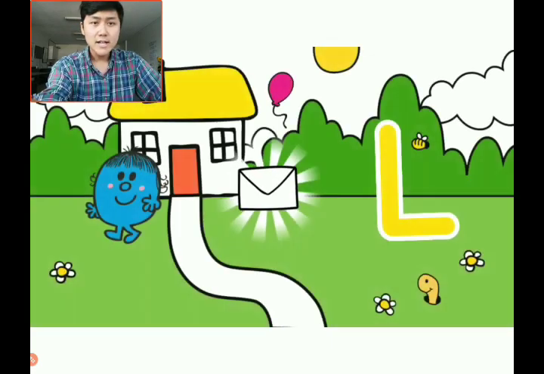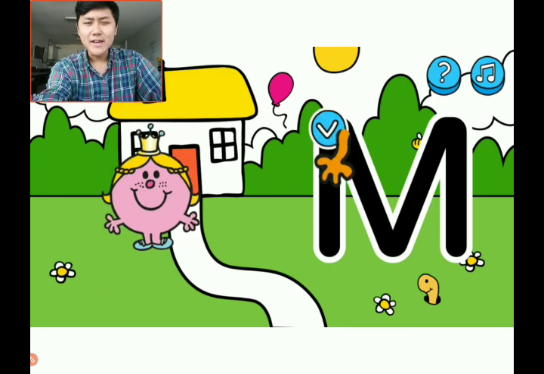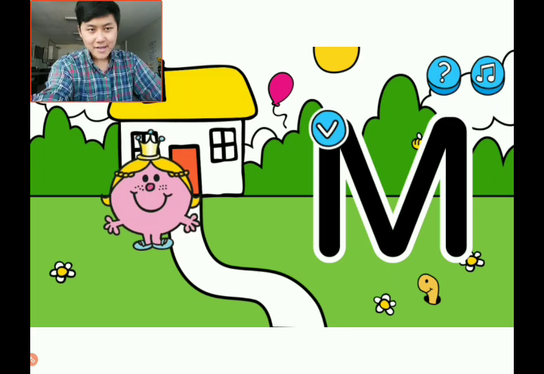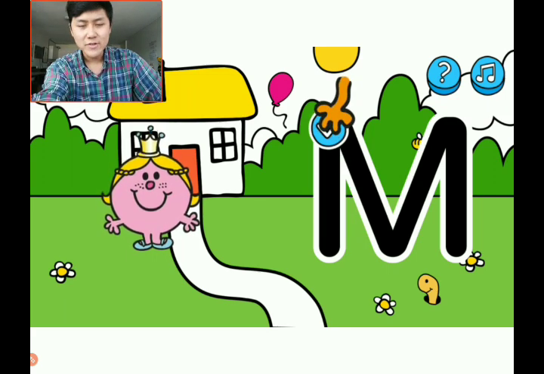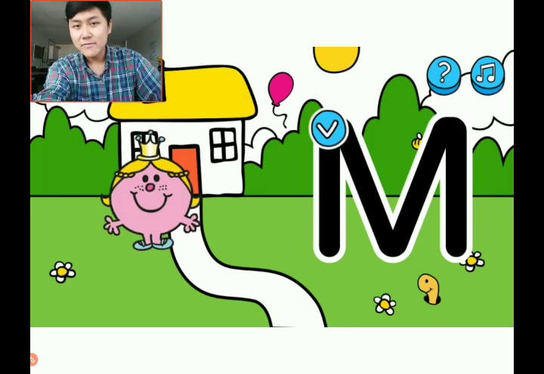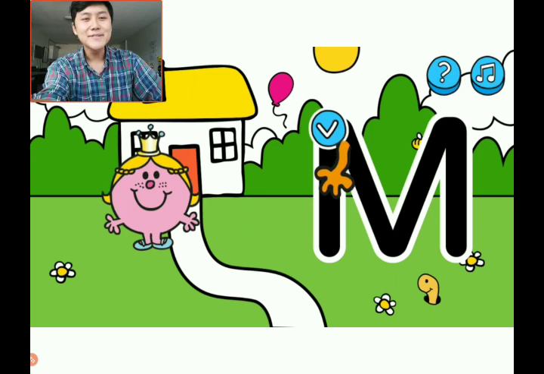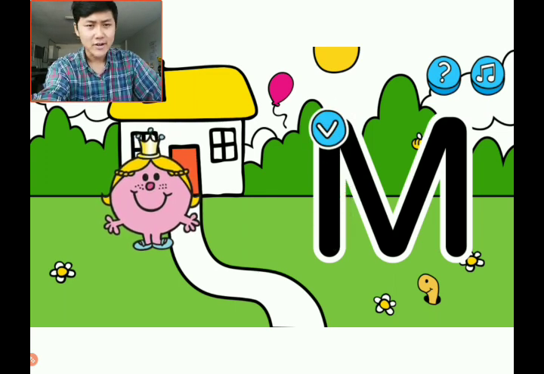And L stands for letter, which isn't that common nowadays, now that I think about it, just because we have lots of digital emails. But back in the day, letters were very common. You'd send a message to a friend, write a letter, and it gets mailed from the post office. Very cool stuff. Next up here is M, and that's a Little Miss Princess beside the letter M, who looks